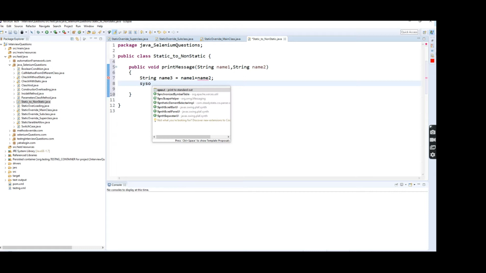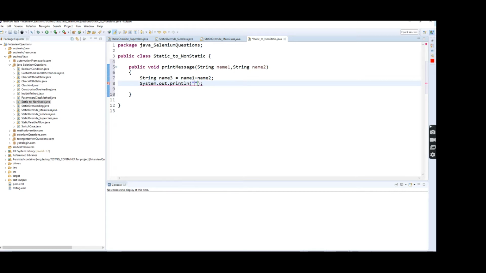Here I'm going to print this name3, the added two names. So now we have completed the non-static method.